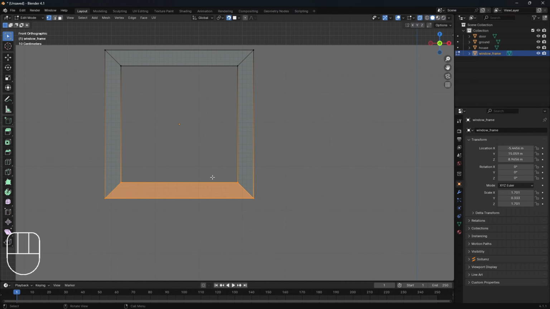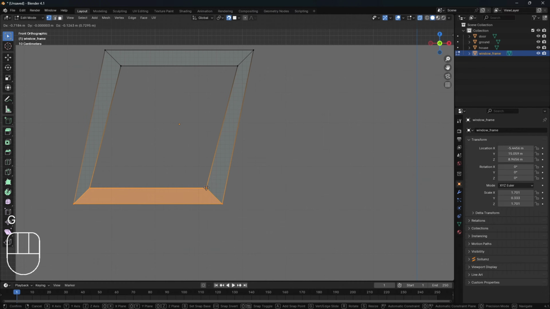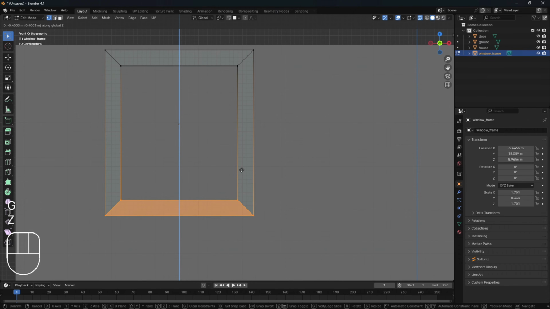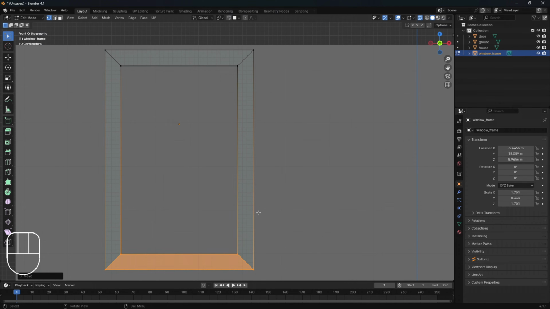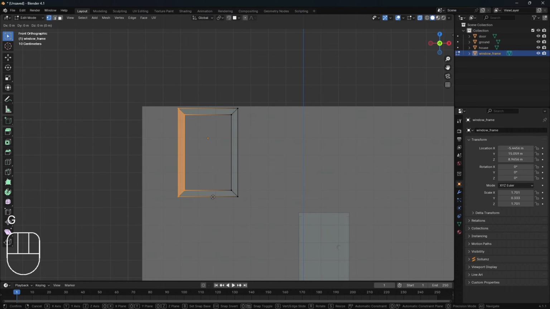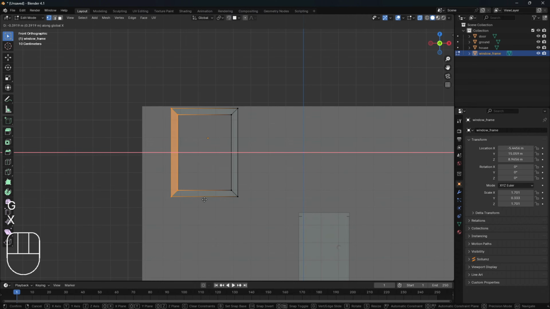I selected all of these. Why? So that I can move everything at the same scale. So if I press G, and wait, let me turn off snapping. If I press G and Z, everything is going to move and keep its proportions, right? If I zoom out, actually that is big enough. So if I want to move this side, G and X,